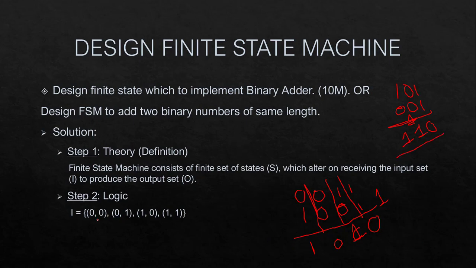So that is why we have created a set of input pairs: 0, 0, 0, 1, 1, 0 and 1, 1, which are the numbers that can generally be added. So these are the sequences. At any point in the given input sequence we can get 0, 0, 0, 1, 1, 0 or 1, 1 as the digits being added for the two binary numbers. So O will be either 0 or 1 generated, and finally S will be QS, Q0 and Q1. So let us understand what Q0 and Q1 represent in our machine.